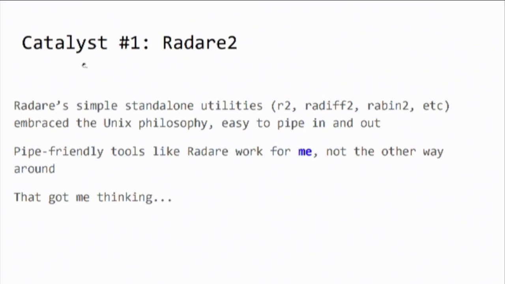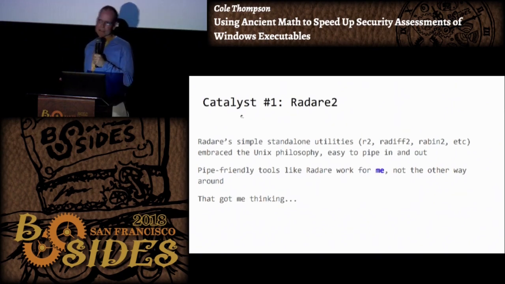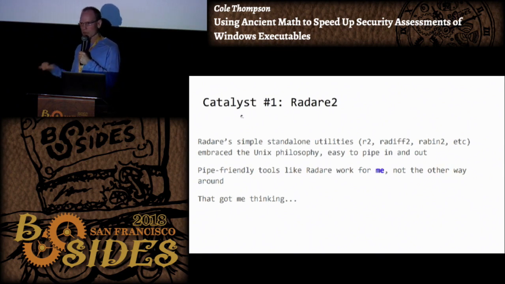It's a rewrite. And unlike most debuggers, it embraces the command line interface. I would say the thing that really sold me on Radare is that it embraces the Unix philosophy of standard in, standard out, standard error. And once you get used to working with that, it's really addictive, because then in a sort of looping or shell type way, you can pipe things to make it do whatever you want,